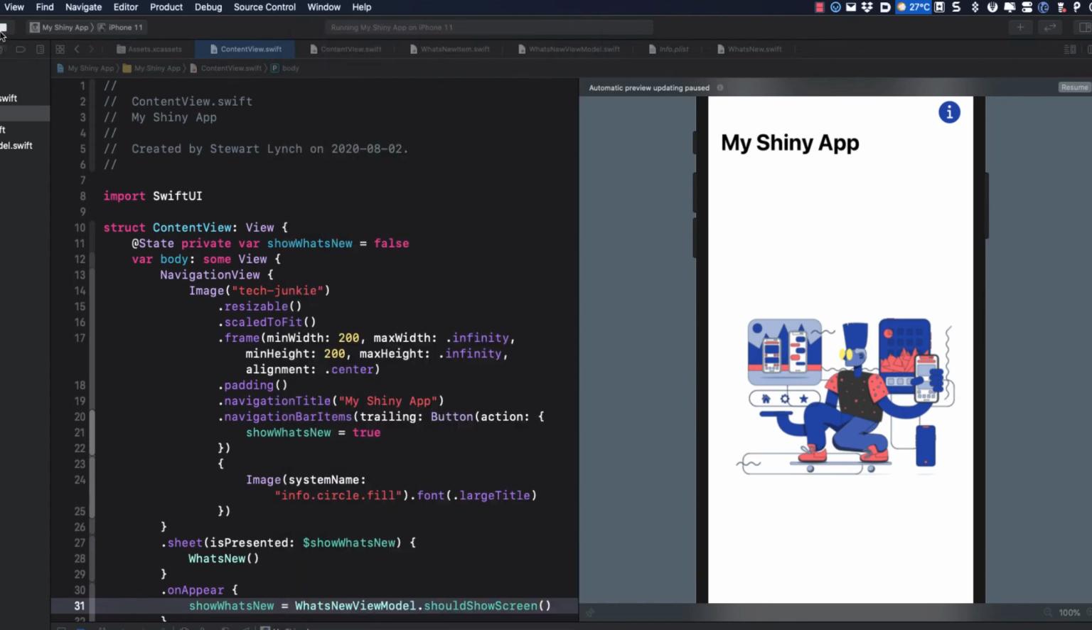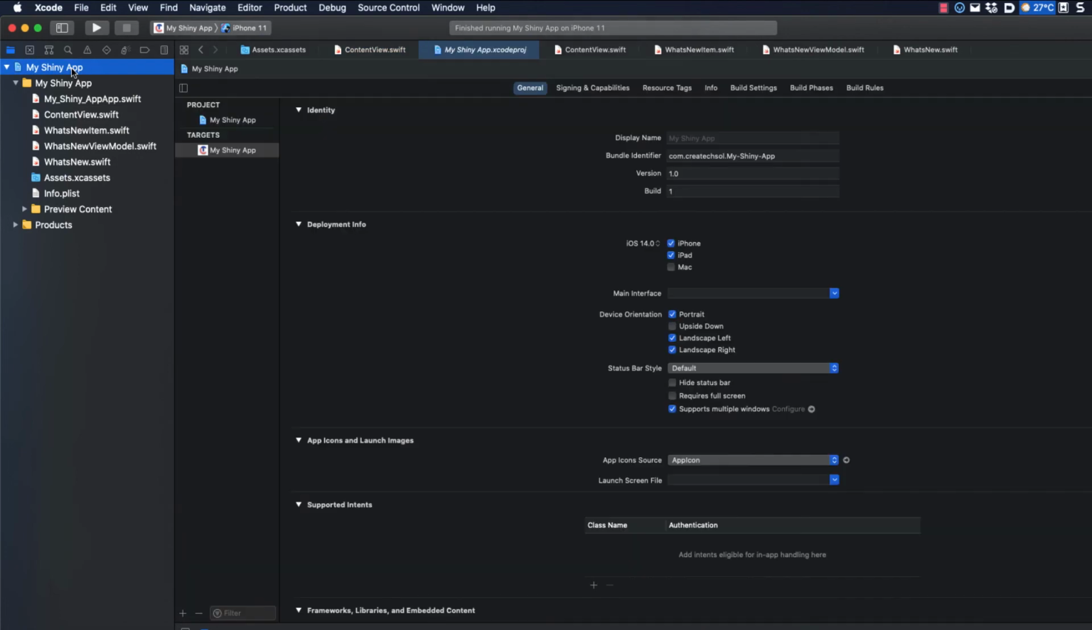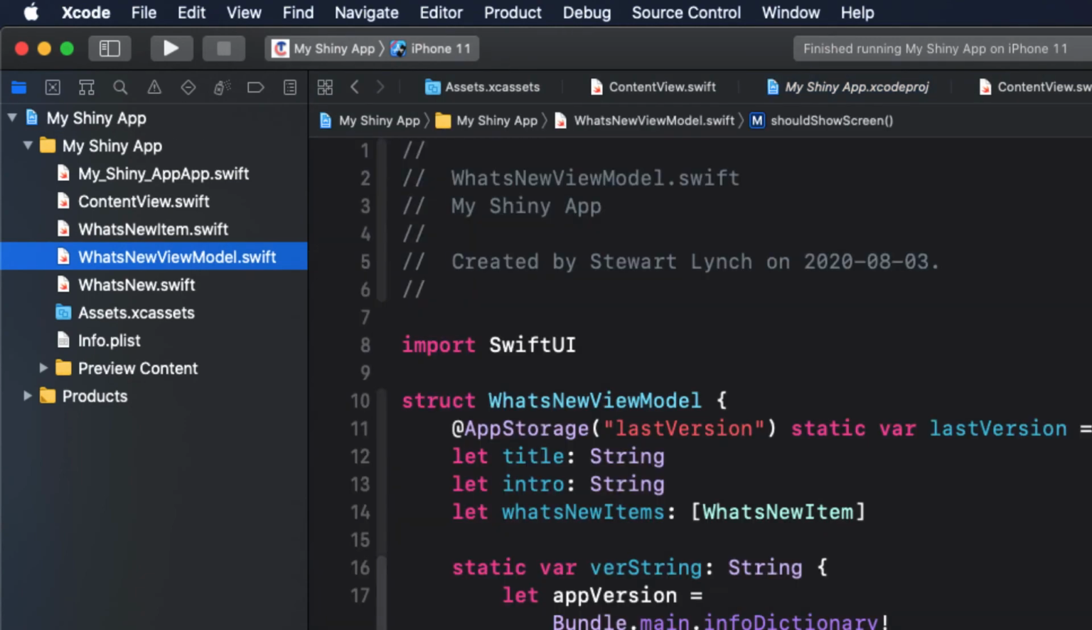Now let's say we fix some bugs and we need to submit an update to the App Store. In this case, then we need to do two things. First, we need to change the app version number. So let's assign it the version 1.1. Next, we'll need to add a